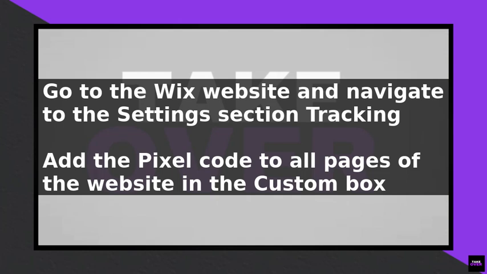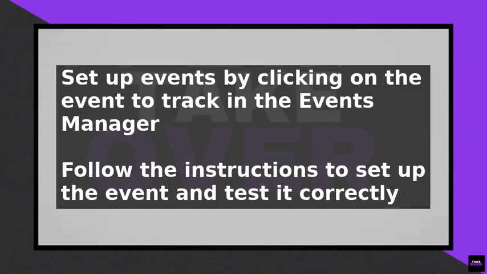After adding the Pixel code, you need to set up events. Events are actions that people take on your website, such as making a purchase or filling out a form. To set up events, go back to the Events Manager section on TikTok and click on the event you want to track. Follow the instructions to set up the event, and make sure to test it to ensure it is